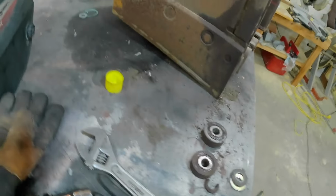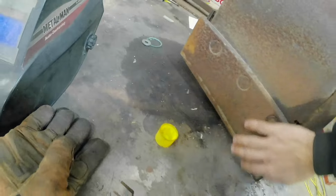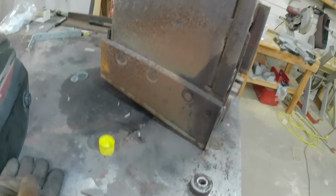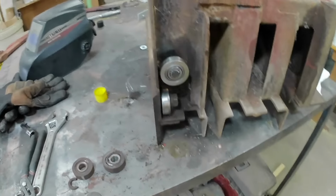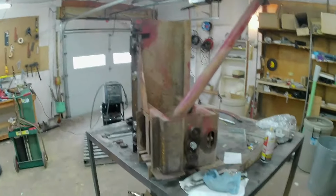I do need to sharpen the knife on this one. I mean, it's really pretty sharp, so maybe I don't. But this thing's pretty much good to go. Can't say that for the rest of the baler, but I can get this thing off the workbench and